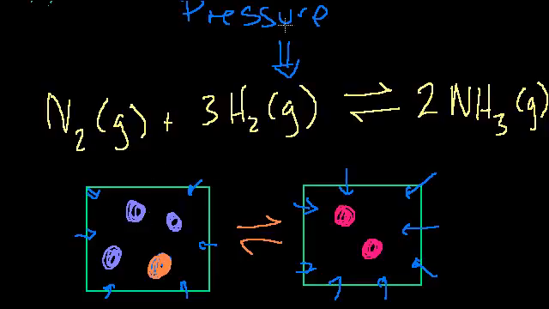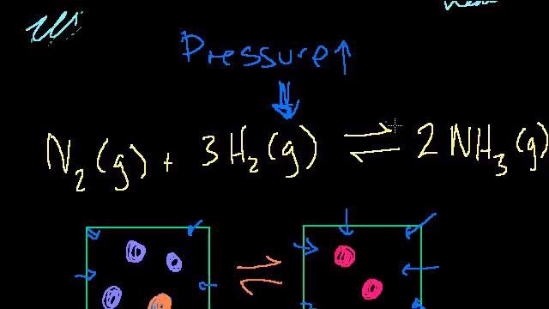So if you apply pressure to the system, if pressure goes up, this doesn't mean pressure goes down. This means pressure is being applied to the system, and the pressure is going up. What side of the reaction is going to be favored? The reaction is going to favor the side that has fewer molecules. And this side has 2 molecules,